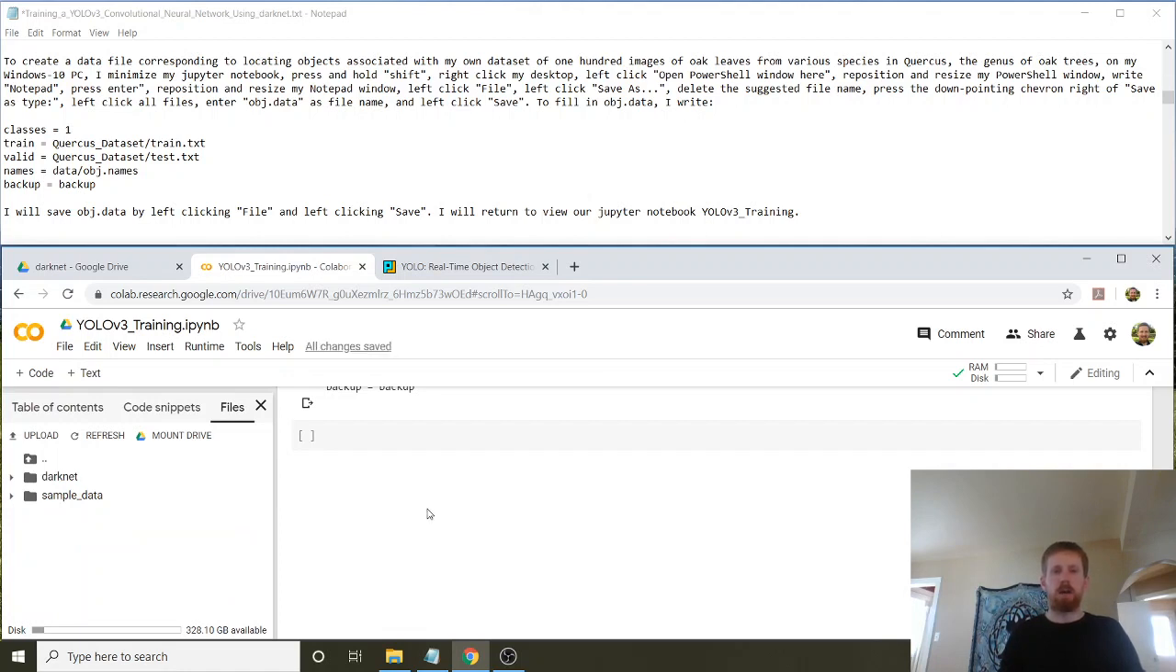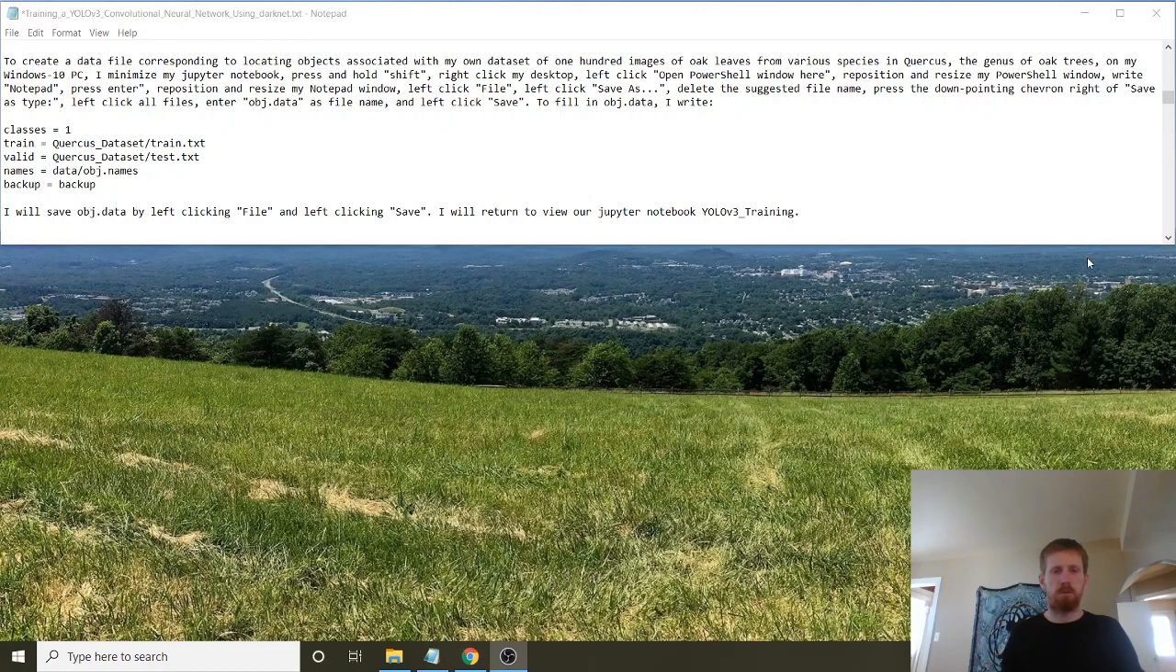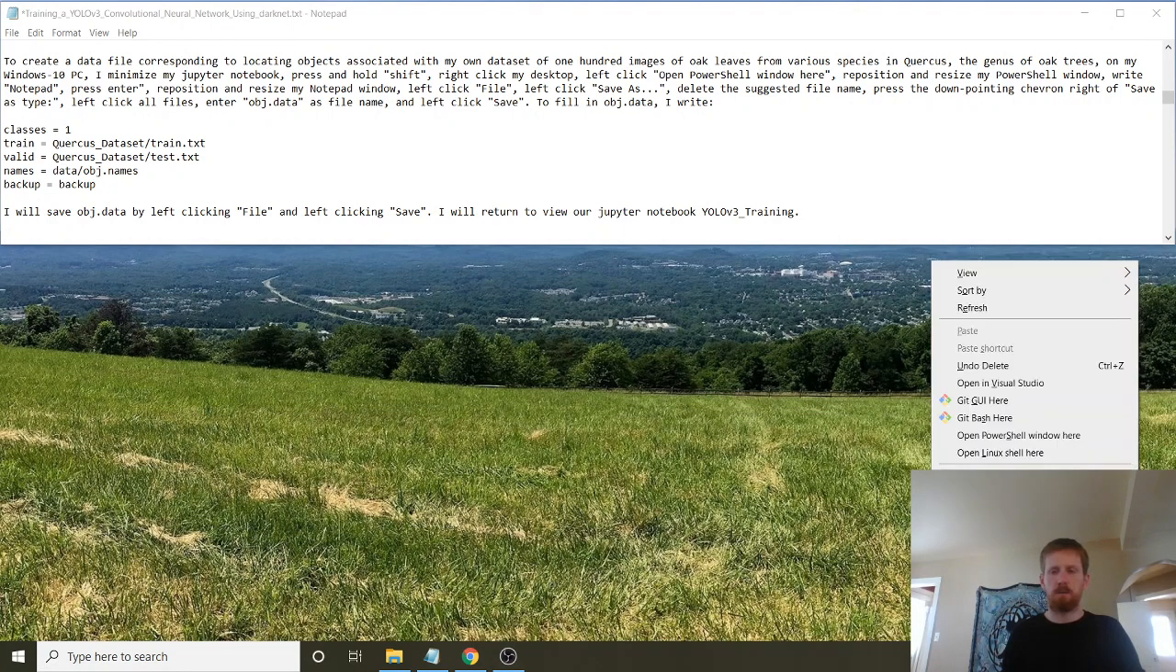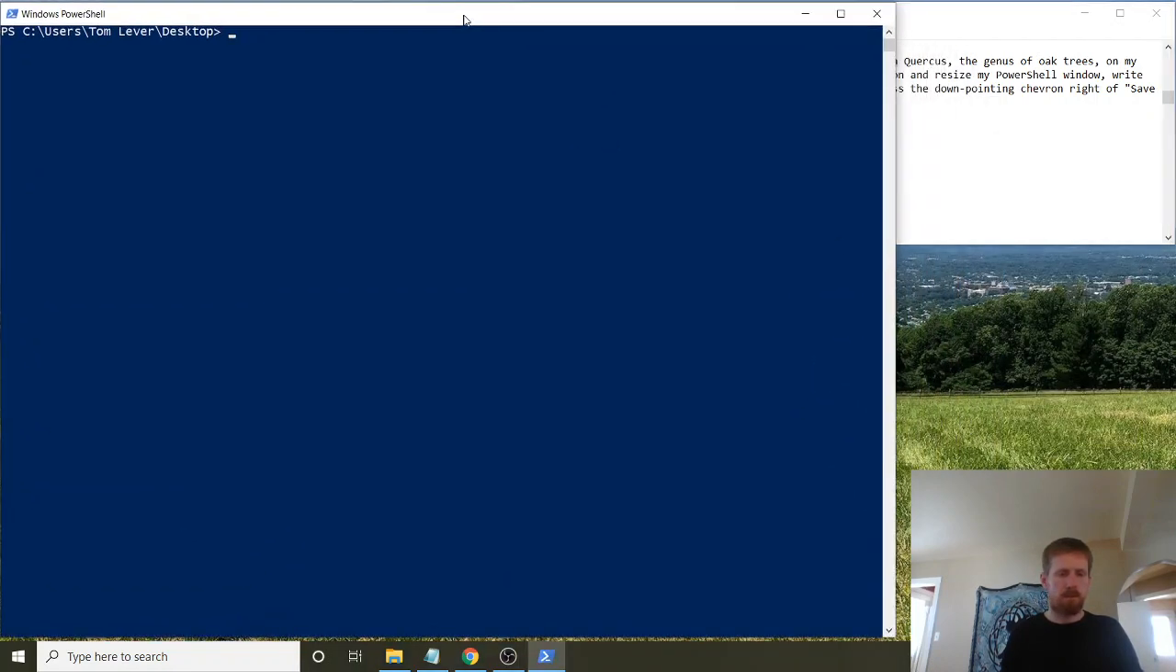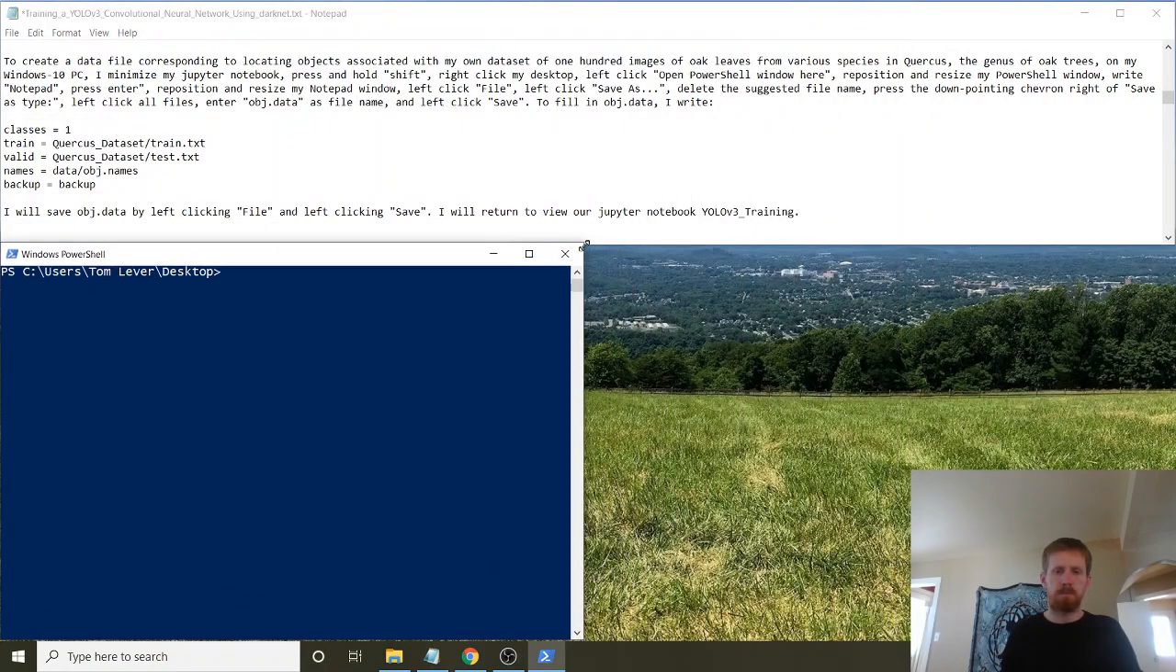To create a data file corresponding to locating objects associated with my own dataset of 100 images of oak leaves from various species in Quercus, the genus of oak trees. On my Windows 10 PC, I minimize my Jupyter notebook, press and hold Shift, right-click my desktop, left-click Open PowerShell window here, reposition and resize my PowerShell window,